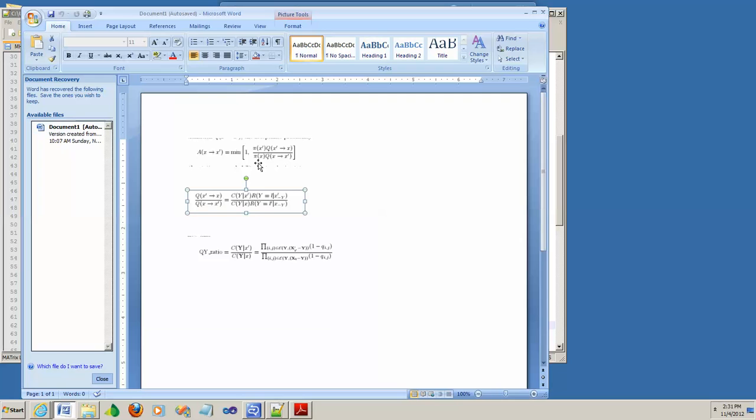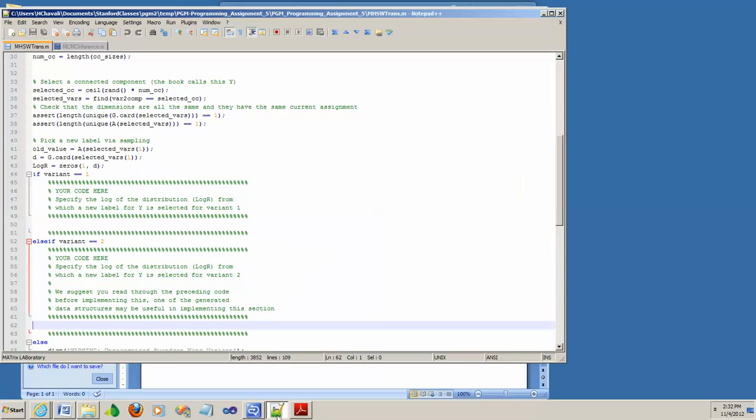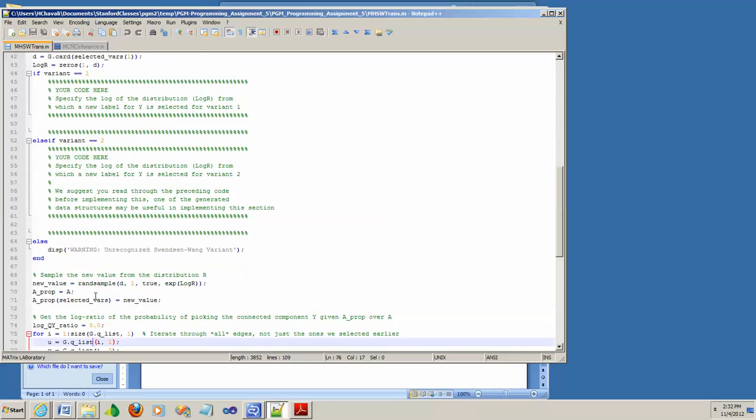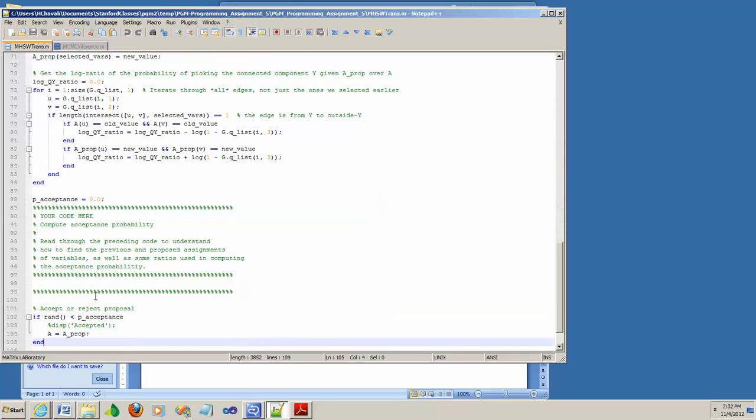which is nothing but the log probability of joint assignment for the proposed one, divided by the log probability of joint assignment of the current one. Okay, that's that ratio. If you looked at my previous video, I've already told you that you calculate it using the log probability of joint assignment. There is already a helper method that you can use to calculate those two. So with this, you have all the information you need to calculate this A of x to x prime. So you would go down and implement all those ratios that we talked about right here, and calculate the